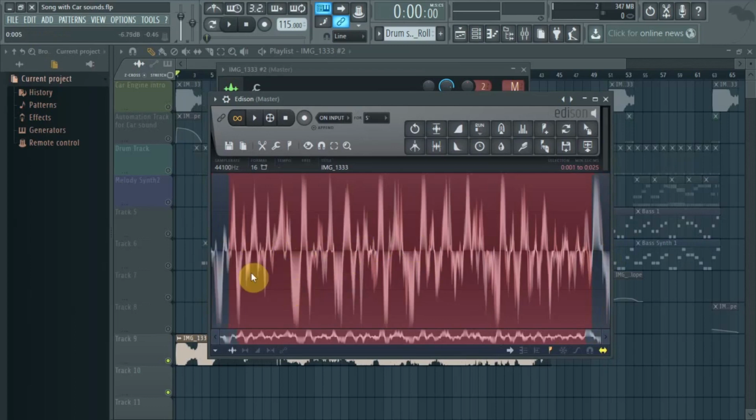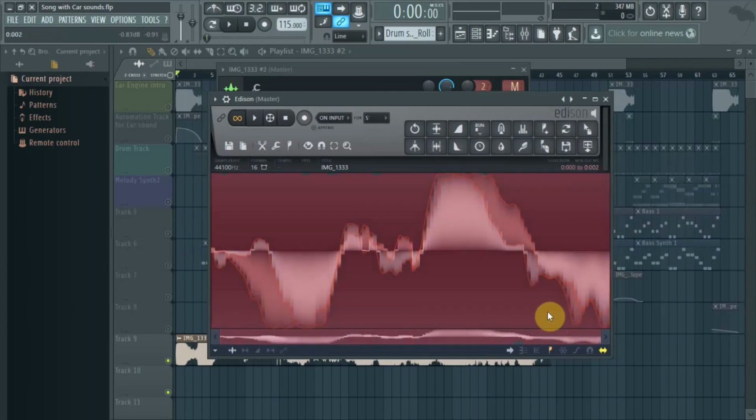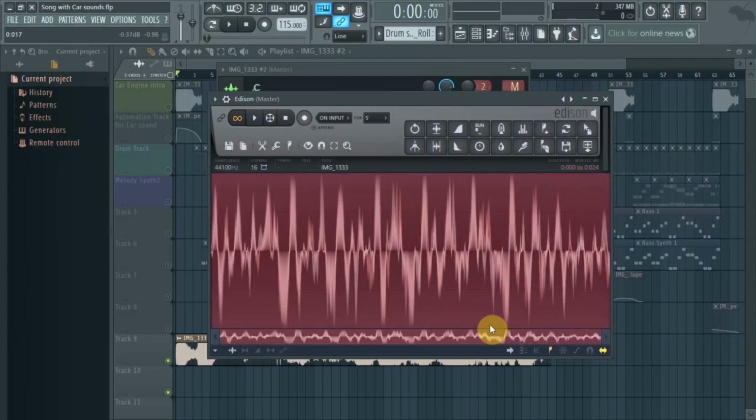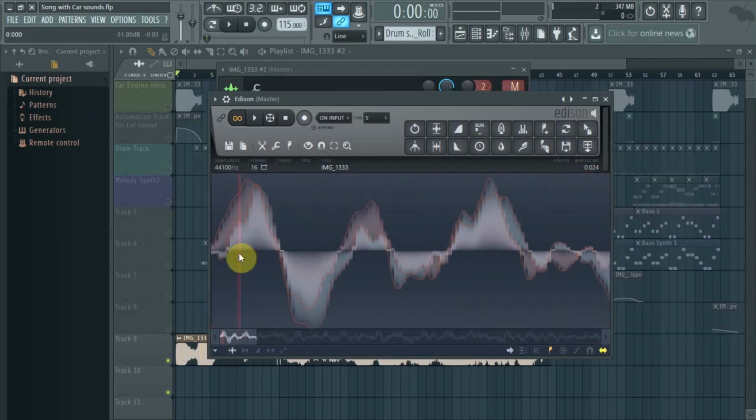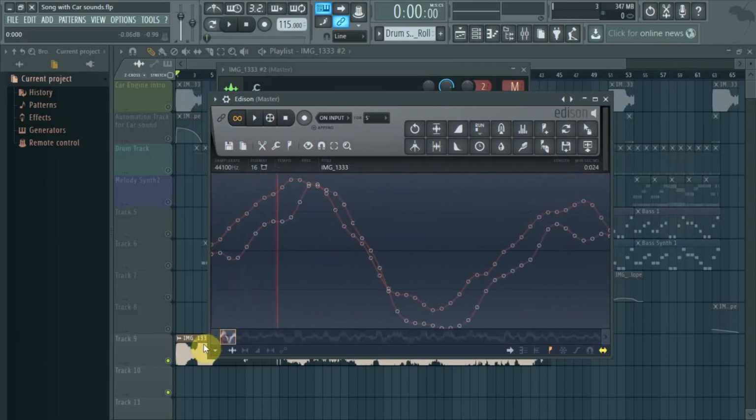You want zero crossings. So if I'm looking at this, I look at where is the start point over there and when is the end point over there. And maybe this sample is going to be worth a little bit more to me as is right here. Then I can zoom into these areas. And if I zoom in even closer, you will see that some of these points don't really get to this middle line. So what we do is we select that part over there, the highlighted part, and we can fade